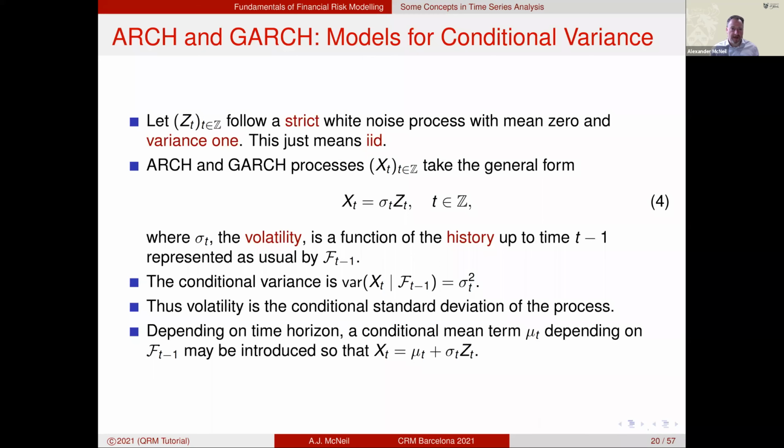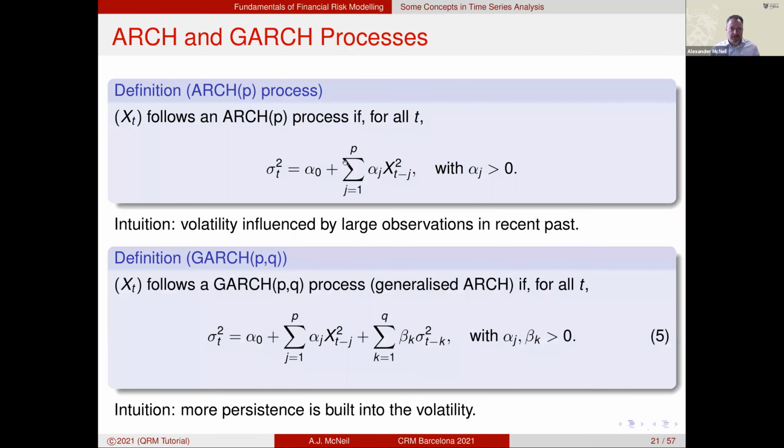We can also do that. But just to finish this first chapter, in the ARCH model, the sigma t squared, which is the squared volatility, is a linear function of previous squared values. And so what happens here is if you have large risk factor changes in the recent past, let's say the last p days, because the memory here is of size p, if you have large values in the recent past, then they will influence the volatility and cause it to be higher.